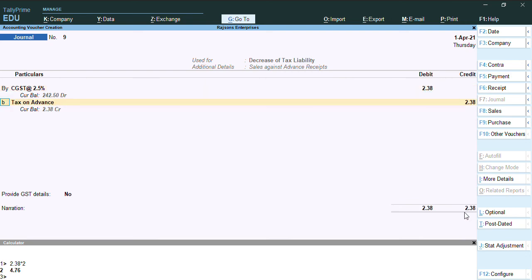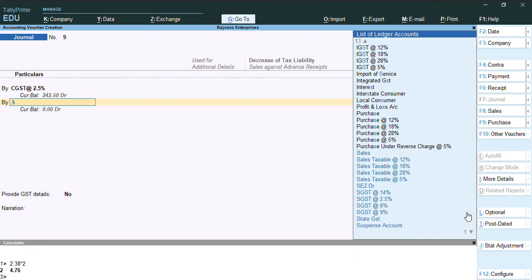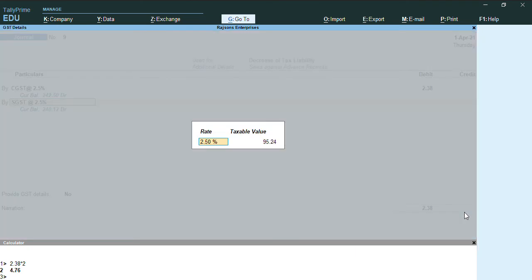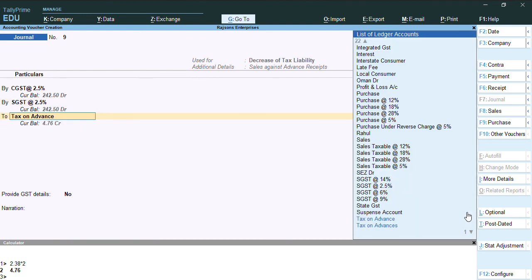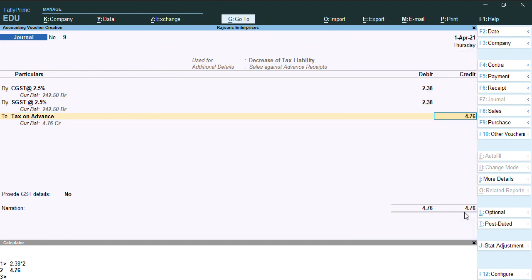Again SGST at 2.5%, tax rate is 2.5, and the taxable value 95.24, and the tax amount 2.38. So to tax on advance, as you can see, now total debit and credit have matched.